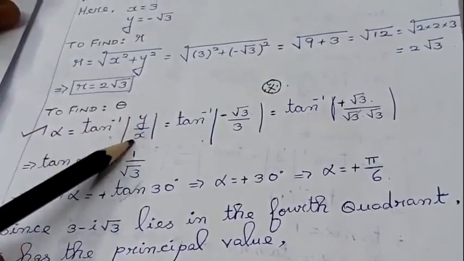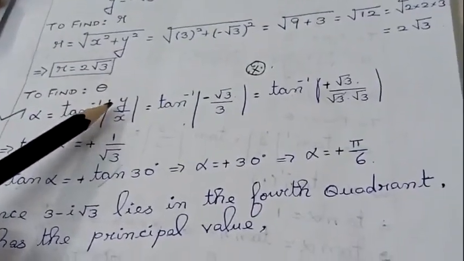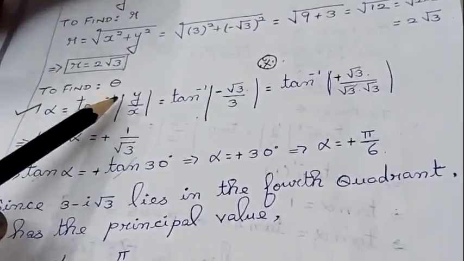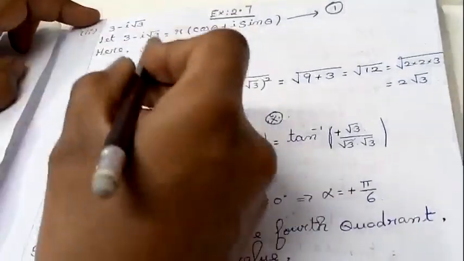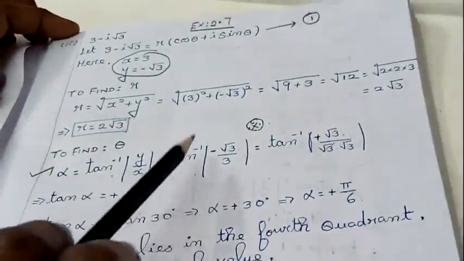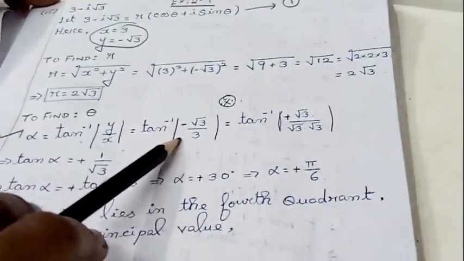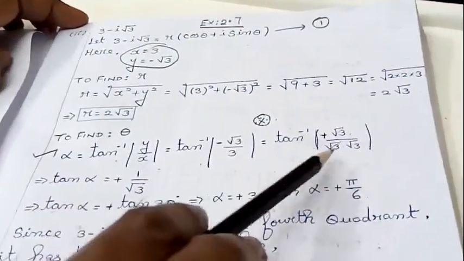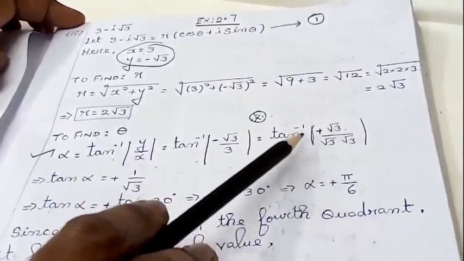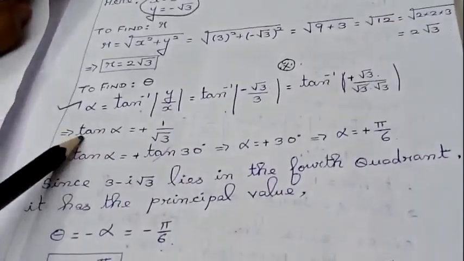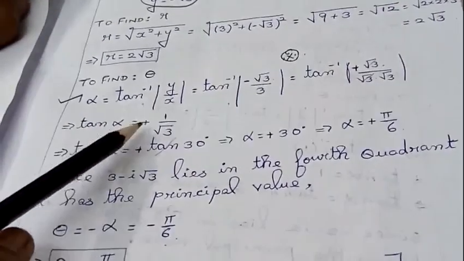Next, by x. So what is the value for y I am having here? Minus root 3, minus root 3 and x is 3. So keep this in your mind, students. Using this only, we are going to substitute the values. I am having modulus here. This 3 can be written as root 3 into root 3. Cancel the root 3. Automatically, you will get the value as tan alpha equal to 1 by root 3.